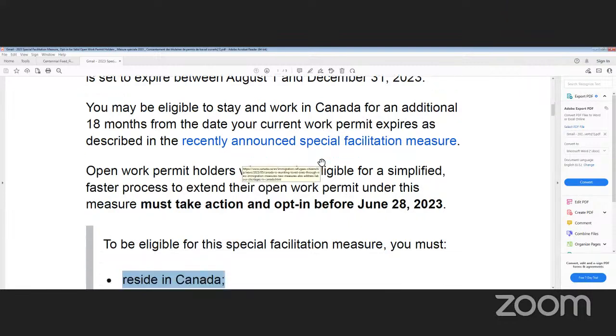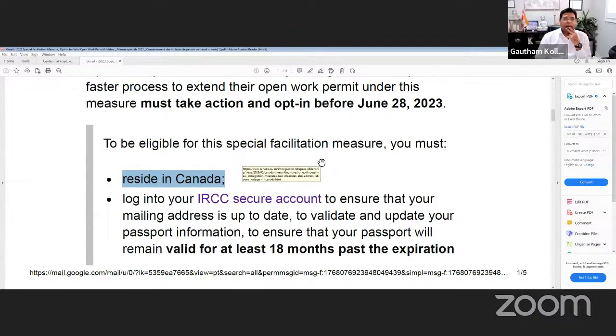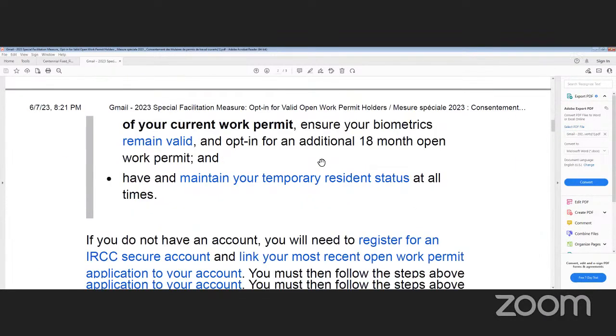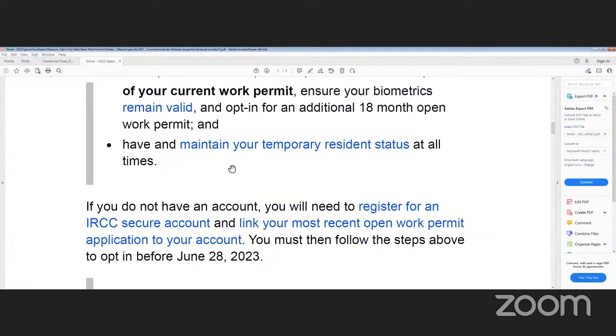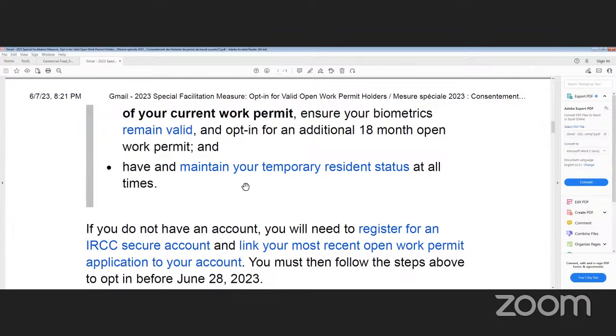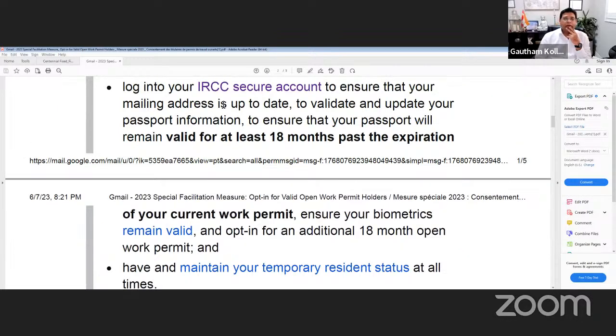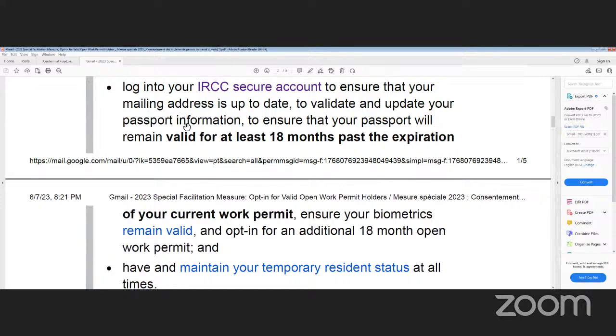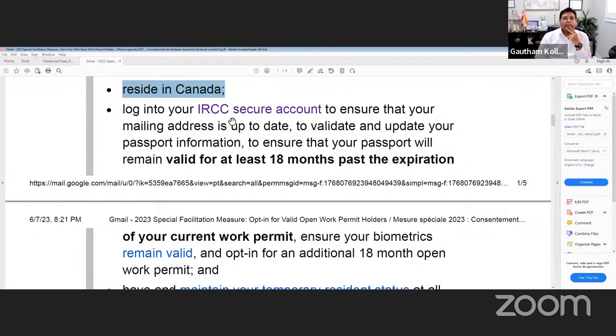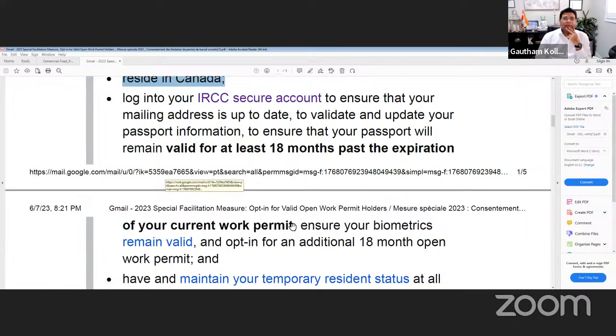Yes, sir, under reside in Canada. Log into your IRCC secure account to ensure that your mailing address is up to date, to validate and update your passport information, to ensure that your passport will remain valid for at least 18 months past the expiration of your current work permit, and ensure your biometrics remain valid and opt in for additional. Okay.